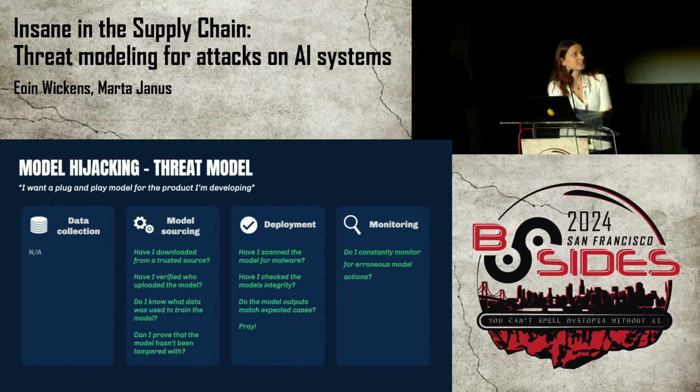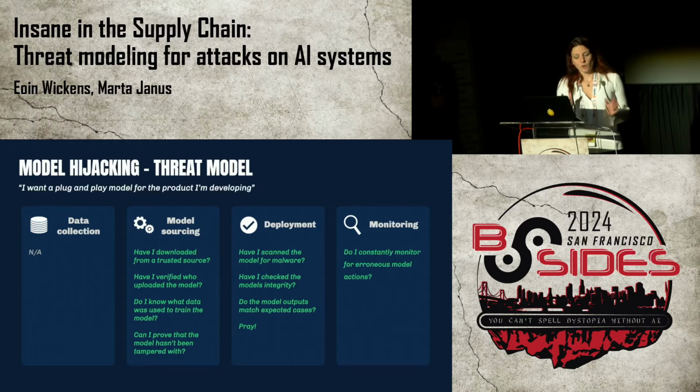So how can we prevent something like that from happening? Well, there are a few very basic questions that we have to ask ourselves before we run or deploy any model that was downloaded from the internet. First of all, have we downloaded it from a trusted source? Hugging Face, as much as we trust it as a company, might not always be a trusted source because everybody can upload something to Hugging Face. So we also have to verify that the uploader of the model is a trusted company, and that the repository really belongs to the company that we think it belongs to, because